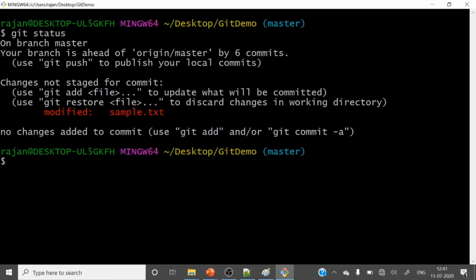So let's put git commit -a. If you git commit -a, I have already explained, right? You need not stage these files, and it will open a prompt. But if you put git commit -am with some message, sample.txt added.